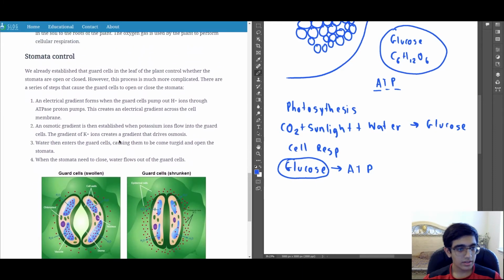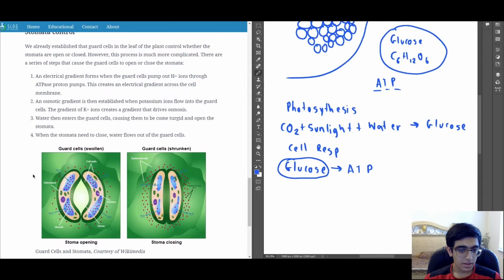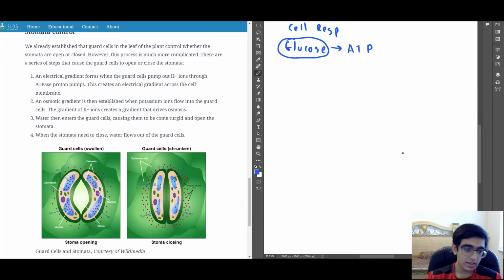Now we can take a closer look at stomata control. We already know that there are guard cells that control whether the stomata is open or closed. But the process that controls this is very complicated. What happens is first an electrical gradient is formed. The guard cells pump out hydrogen ions, and these ions are pumped out through ATPase proton pumps. You can see ATPase